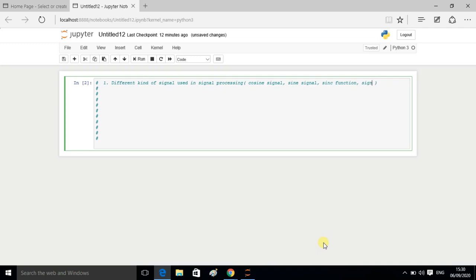Signum is written like SIGN, signum function,